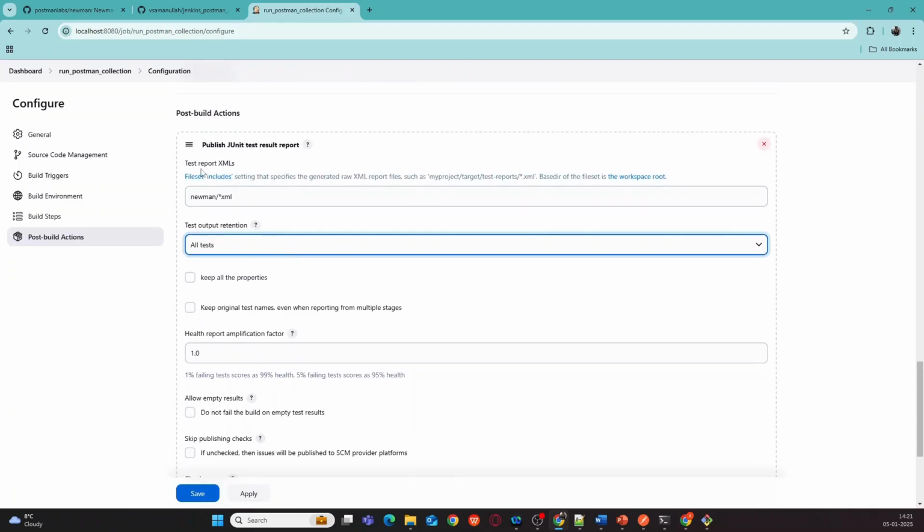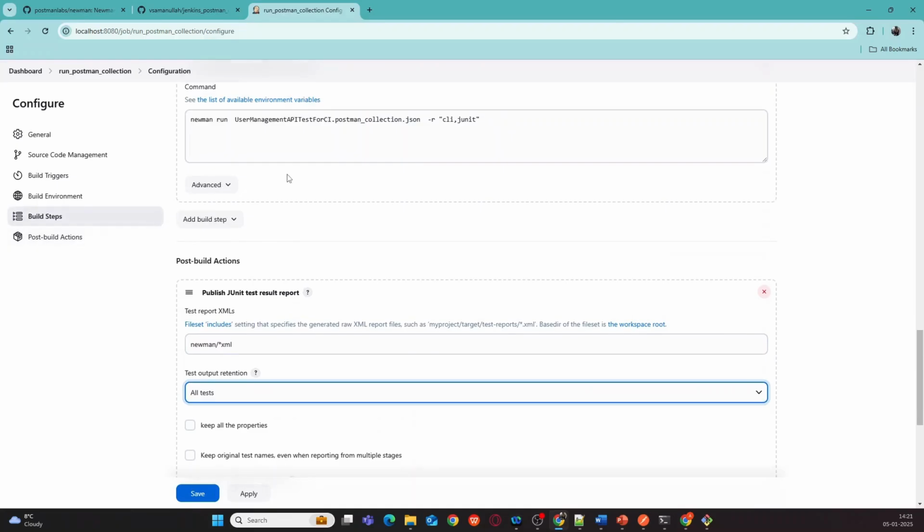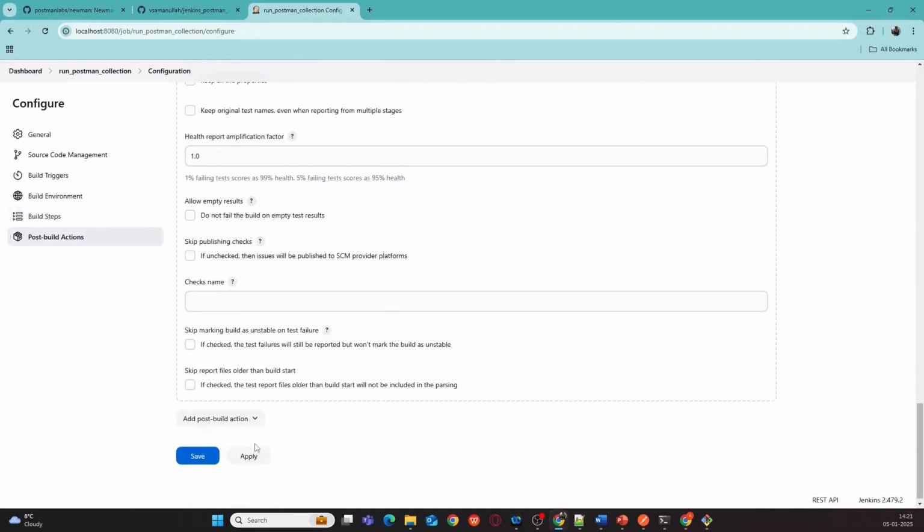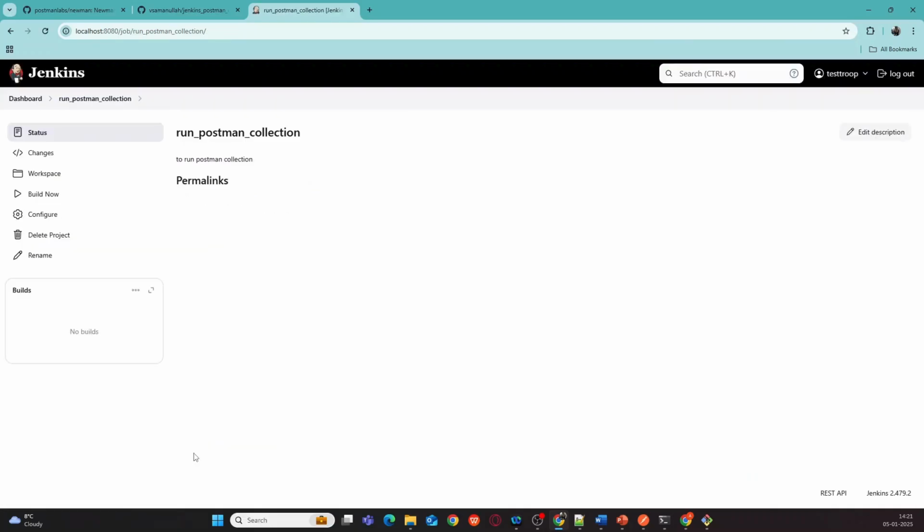Okay. So basically it asks the path where your XML files can be found, right? In our case it is under Newman slash XML. The path is relative to the path of your repository. Okay. Then I will save. Then I will apply. Then I will save. My job is ready to run, but before that I will have to go to